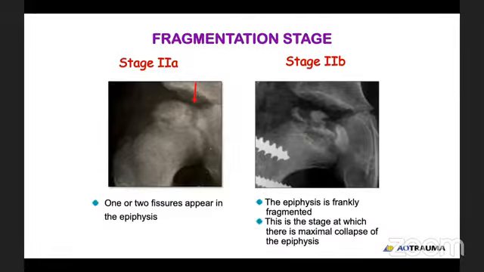And what does this basically mean? Is that as new blood supply enters and starts reossifying that avascular bone, or revascularizing that avascular bone, that's when the epiphysis is soft, maybe not so much in the physical sense, but definitely in the biomechanical sense, and therefore starts fragmenting. If you see a single vertical fissure, 1 or 2 fissures, then that's early fragmentation, and that's called stage 2A. Whereas when you see multiple fragments and you have more than 2 vertical fissures, then that's advanced fragmentation,